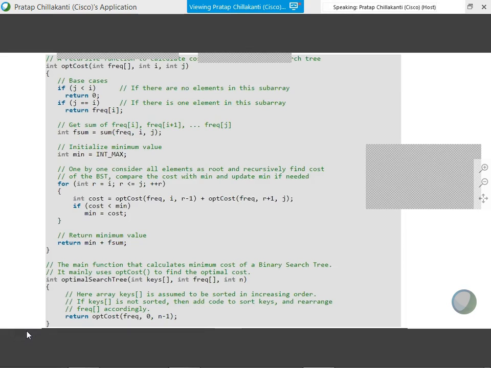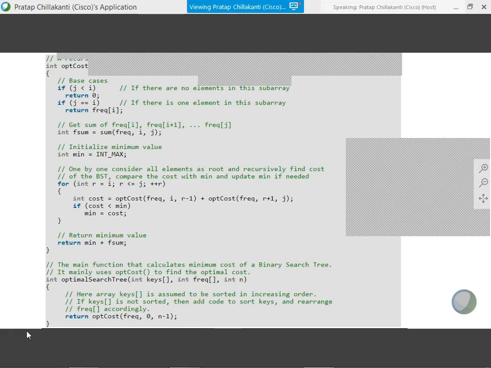How are the students doing? Are they able to trace the code? Faculty members, put something in the chat for me, so that I know whether they are able to do it or not.